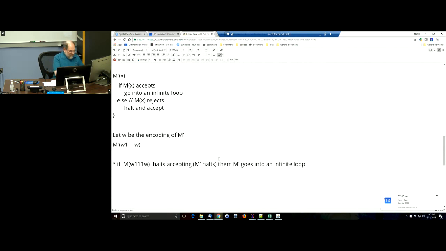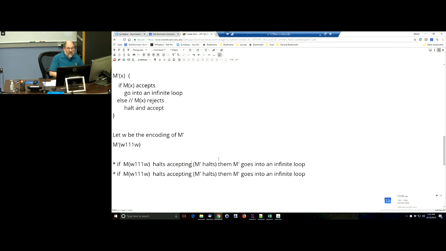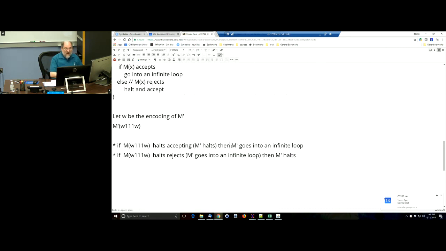Of course, the other possibility is that M halts but rejects that machine, well, then our definition says that M prime goes into an infinite loop. It doesn't halt. But look what we do in that case. We halt and accept. And so it doesn't actually matter what M tells us, we get a contradiction either way. If M says that M prime halts, M prime goes into an infinite loop. If M says that M prime goes into an infinite loop, then M prime halts. We got a contradiction either way,